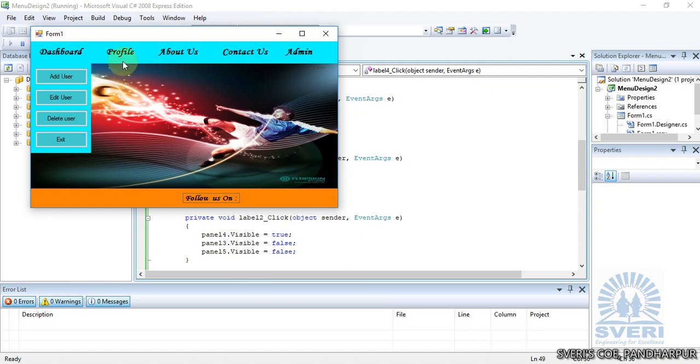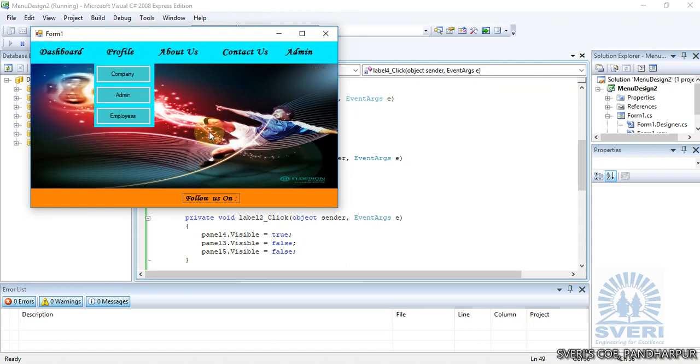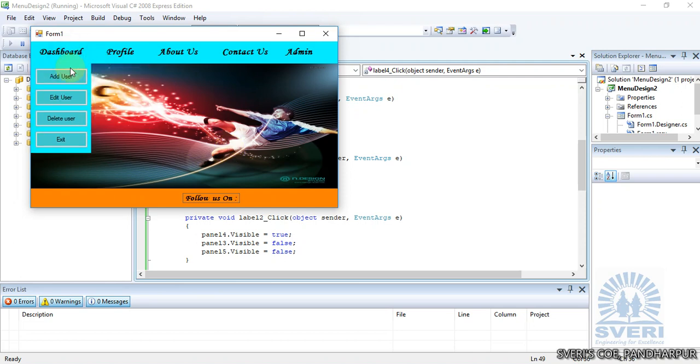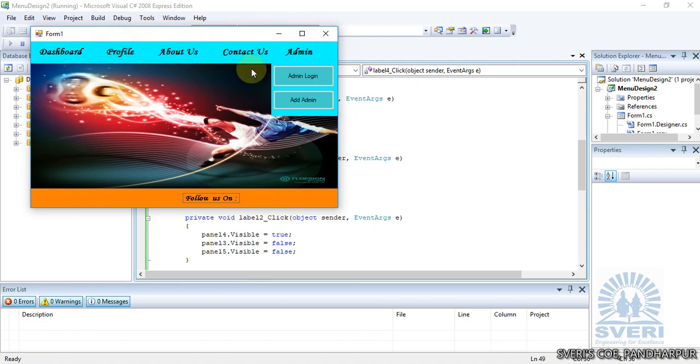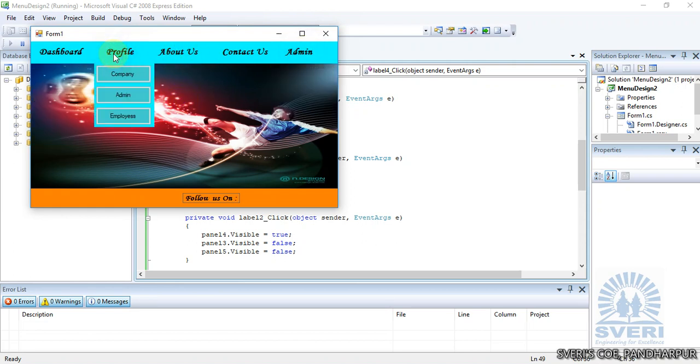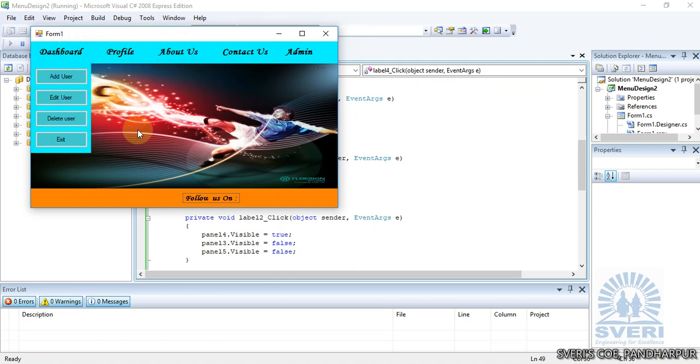So now again, once you have opened the menu, and after clicking outside your menu or any other part of the menu, it's not closing that menu. So for this purpose, we have to set some code. Yes, it's closing after clicking on any other label, but it's not closing whenever you click outside of your menu. So for this purpose,